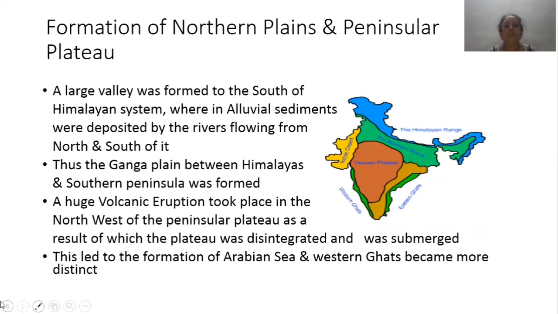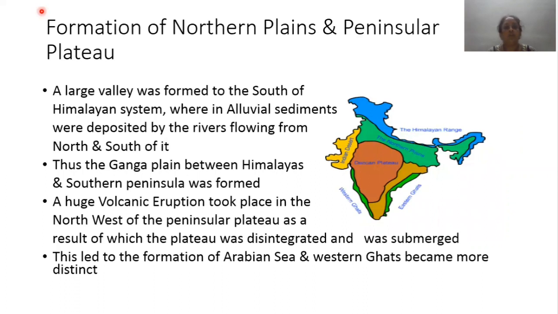Then the formation of the northern plains and the peninsular plateau. How are the northern plains formed, and how is the southern part, the peninsular plateau, formed? This is the northern plains and this is the peninsular plateau. How were they formed? A large valley was formed to the south of the Himalayan system, wherein alluvial sediments were deposited by the